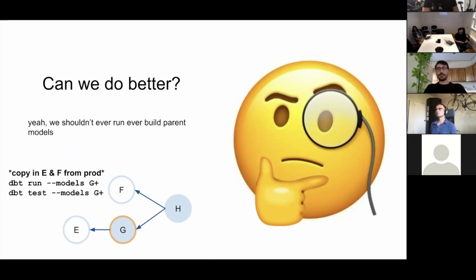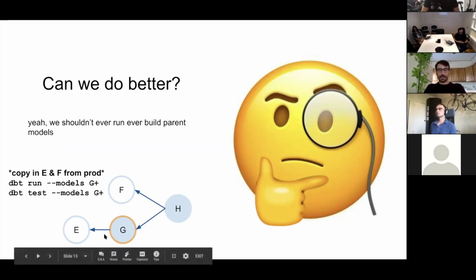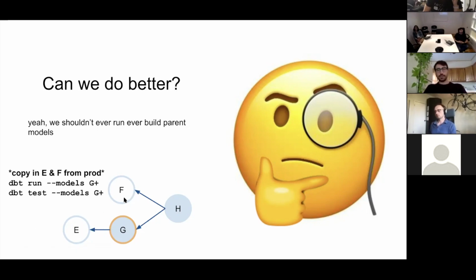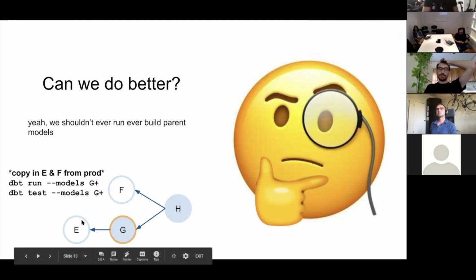For instance, let's say we have a DAG that looks like this, E, F, G, and H, and we've only changed model G. In the current tool, we basically rebuild any parents of this model, like E and F, but those won't actually change from the current production model. The data will end up being the same. So what we really should do is either copy in the tables from E and F from prod into this DBT schema,